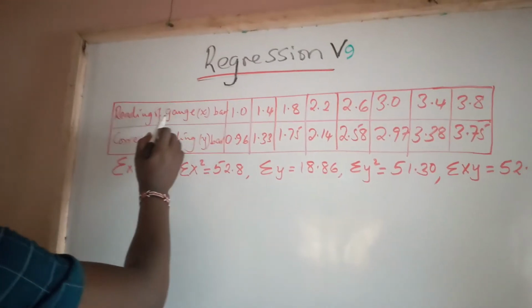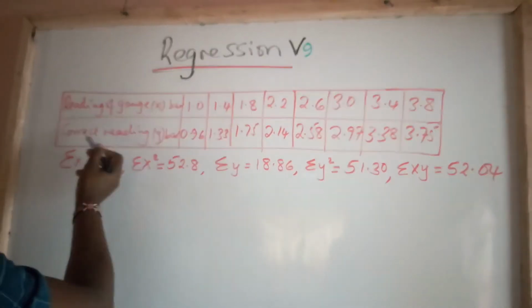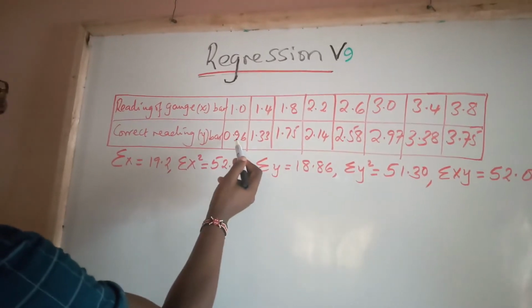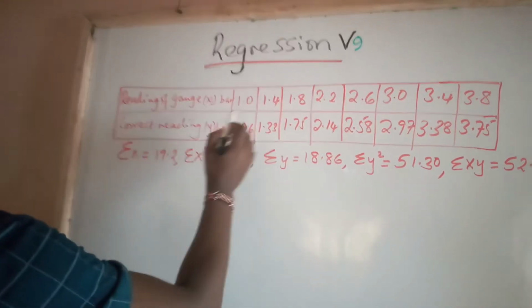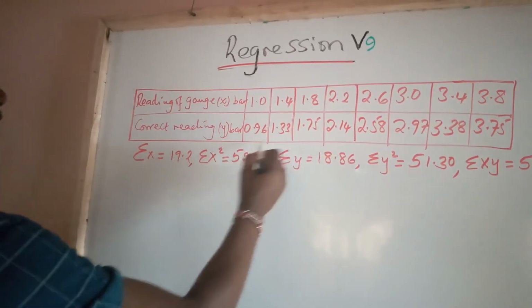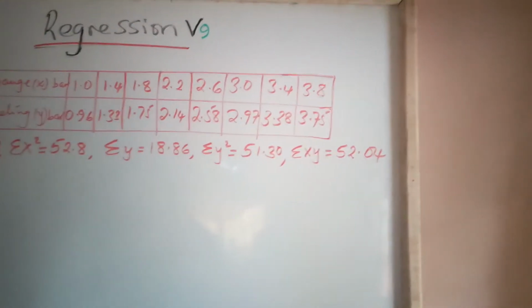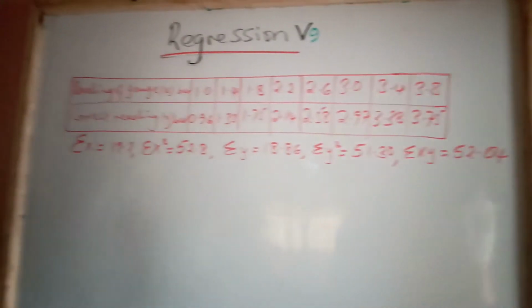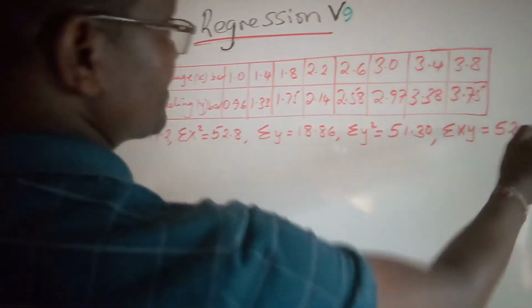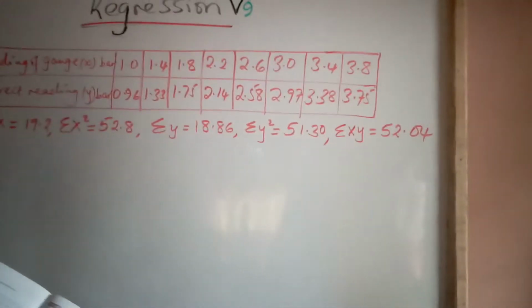You can see the reading of the gauge in X bar is 1.0, but they believe that the correct reading was Y, 0.96. When the gauge was reading 1.4, the correct reading is supposed to be 1.33, all the way until when it is reading 3.8, the correct reading is taken to be 3.75. These are the standard values that you're supposed to use in answering the question. Part A of the question: show that